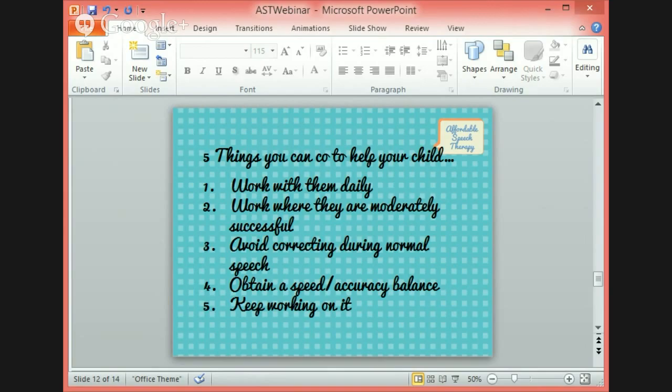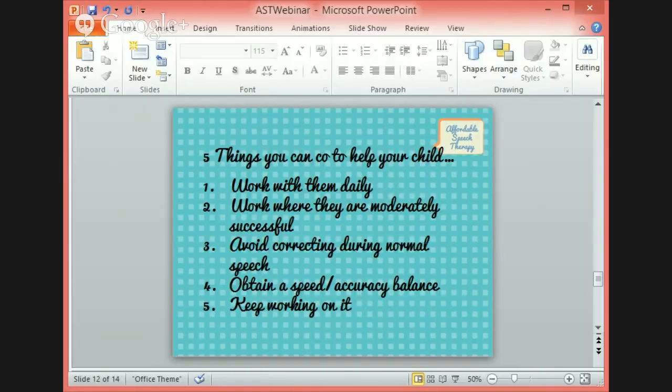And really, I think, look at that. It's not written here as part of the 5 things they can do, but I think it's associated with this: developing your child's ability to correct themselves. If they can hear the error, make a mistake, and then correct it without you having to come in and say, hey, wait a minute, and correct it for them, it's a much healthier situation. And that's one thing that has drastically changed in how I've done my speech therapy: I correct the kids a lot less, and I cultivate their ability to hear the mistakes themselves and correct them.